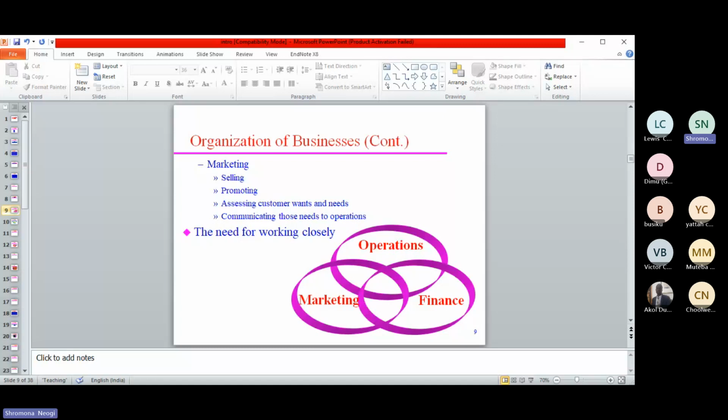We came in the forward direction from operations to why finance and why marketing for the organization. Now let's go a little back. How marketing and